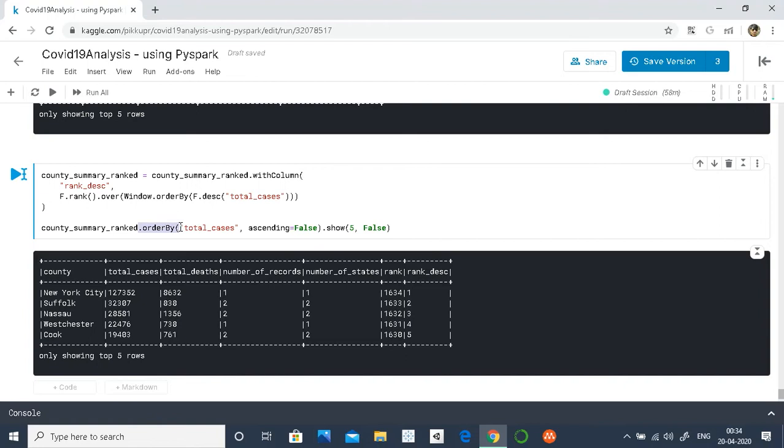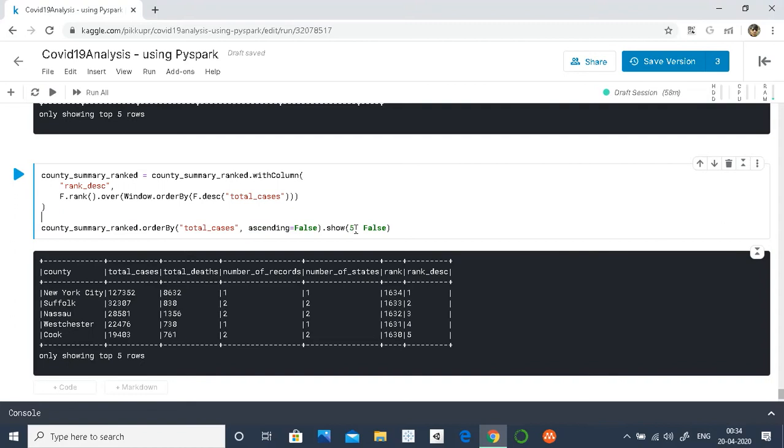That's it. This order by does not have a functionality to rank or do certain kinds of partition operations, right? Here, if we have to tell PySpark whether to do it in ascending or descending order, after mentioning our column, we can just write ascending equal to false.